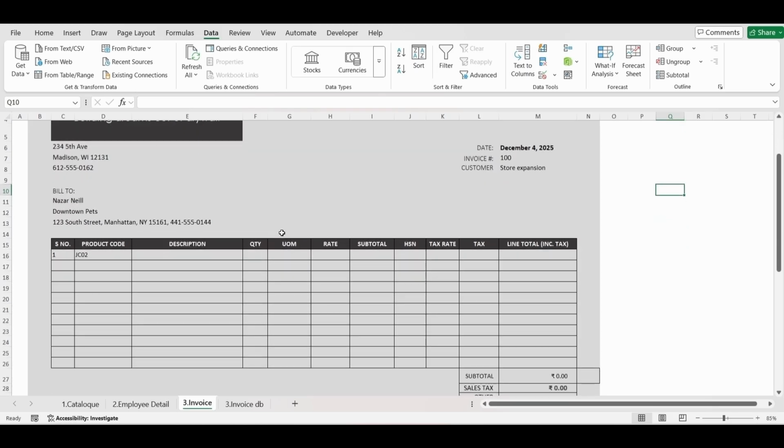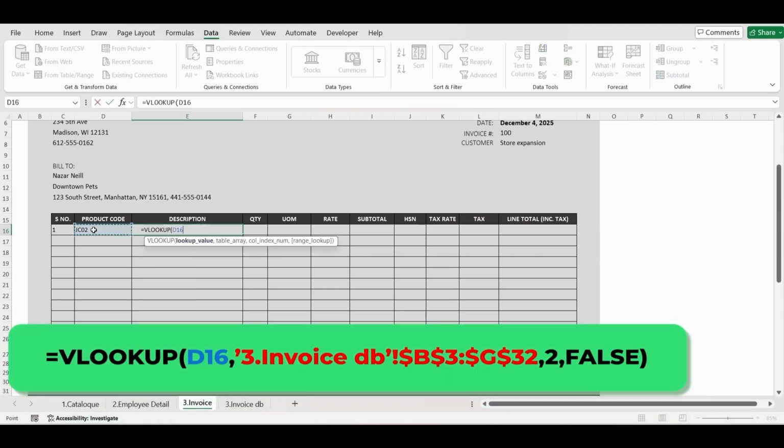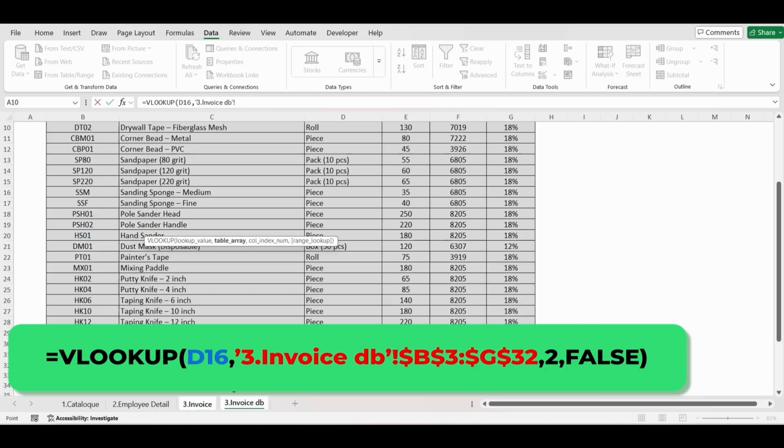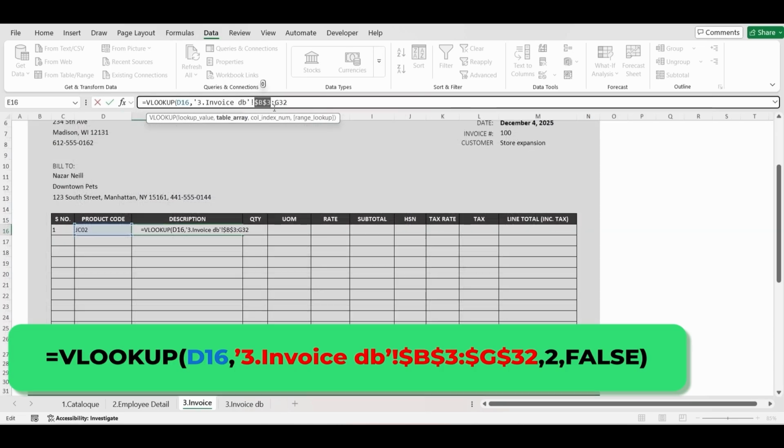First, create a drop-down list for this product codes. All the cells have now drop-downs. Let's proceed with the VLOOKUP part. We will fetch the description value using this product code from the master list. I will simply type VLOOKUP. For the lookup value, select product code. And for the table array, select the whole table range. Don't forget to lock this range by pressing F4. Otherwise, you will get erroneous results moving down the line. And for the column number, I will type 2 because description is in the second column.